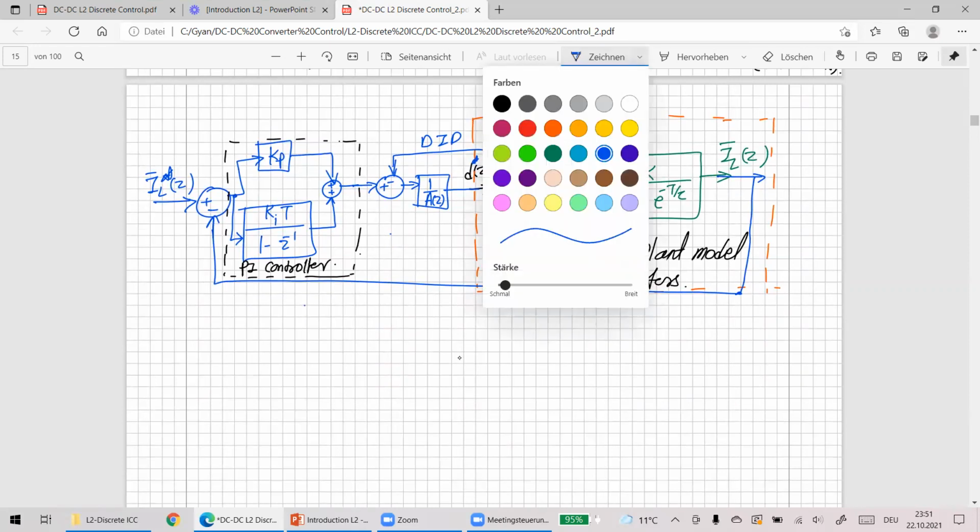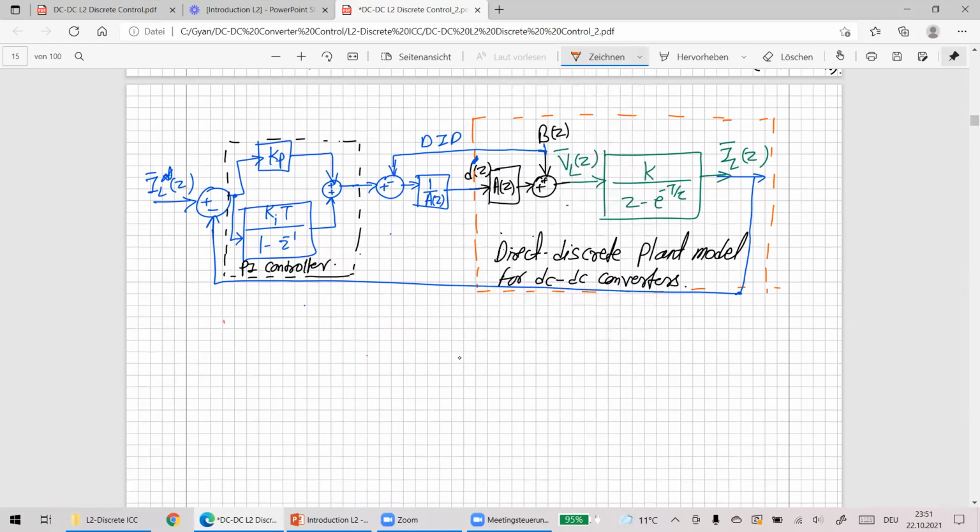This is our direct discrete time inner current